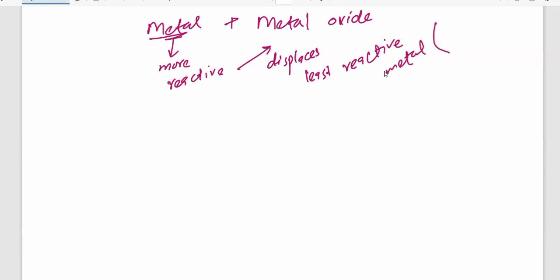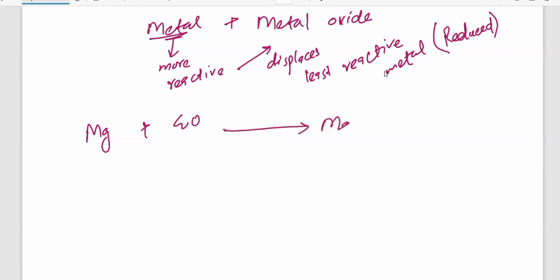ठीक है। और इसको हम रिडक्शन कहते हैं कि इसने रिड्यूस कर दिया, ठीक है। और ख़ुद उसके साथ क्या बना देगी, ऑक्साइड बना देगी, ठीक है। जैसे कि मैग्नीशियम को हम ज़रा कॉपर ऑक्साइड के साथ रिएक्शन कराते हैं, मैग्नीशियम है ना, उसको हम कॉपर ऑक्साइड के साथ रिएक्शन कराते हैं। हम पता है ना, ऊपर वाली जो मेटल्स हैं वो ज़्यादा पावरफुल होती हैं, नीचे वाली मेटल्स को क्या कर देती हैं, रिड्यूस कर देती हैं। हाउ दे रिड्यूस, ज़रा देख लेते हैं। MgO हो गया और साथ कॉपर बन गई, ठीक है.